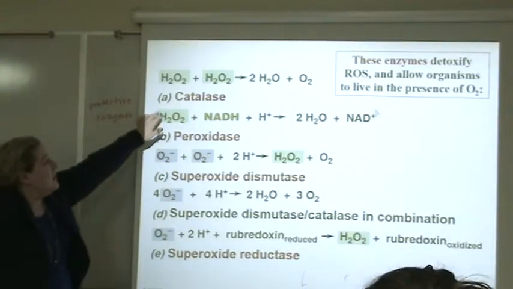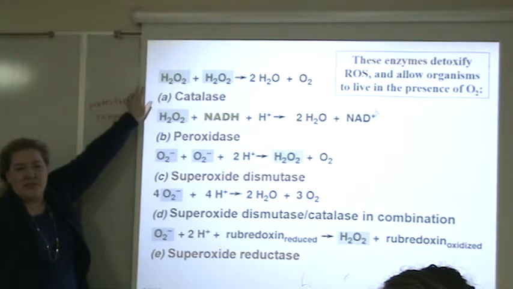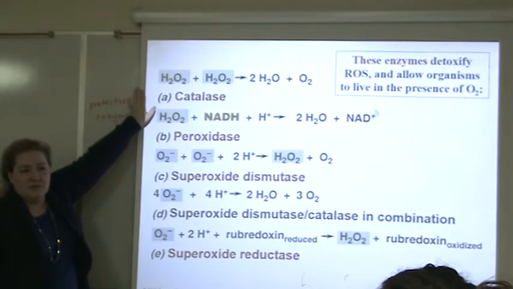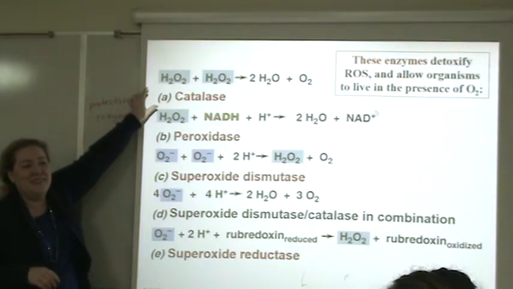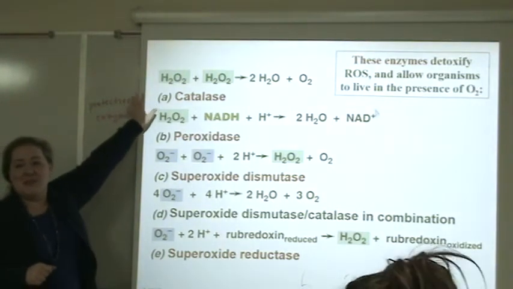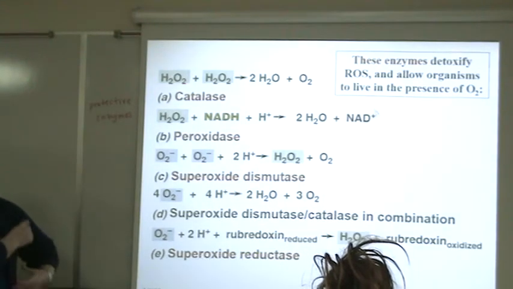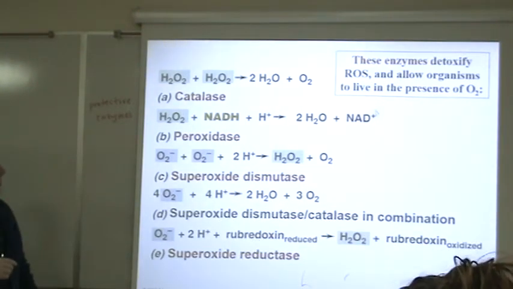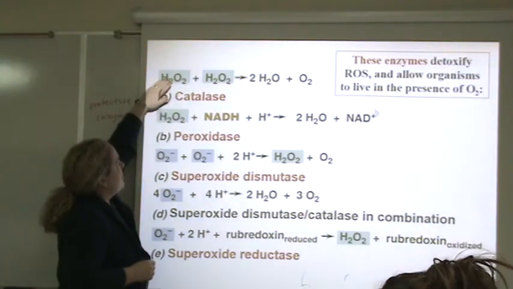This one particularly, catalase. Do you remember that equation? You ever seen that equation before? That is the chemical equation that you need to know in this class, specifically for lab. We're going to be doing catalase tests in lab. So when you're looking at this catalase part up here,